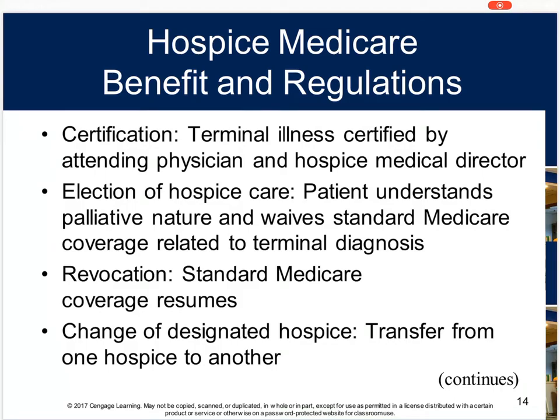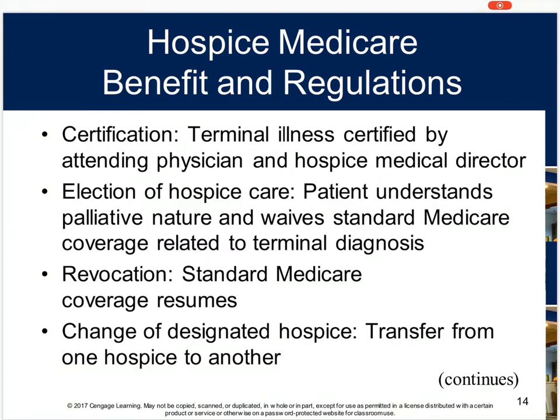Now, you have to, again, sign that revocation form, either the patient or their legal representative. It's going to be filed with hospice, stating that the patient loses the remaining days in the current benefit period and the effective date of the revocation. Now, dropping down a little ways in that paragraph, the hospice Medicare benefit is structured into benefit periods. So when we say that they're going to lose the remaining days in the current benefit period, what we're talking about is this. There are 3 types of benefit periods.